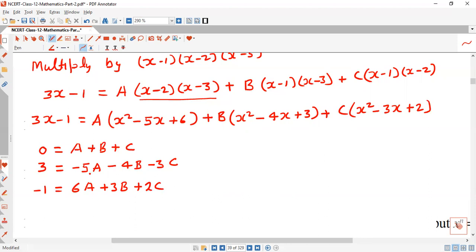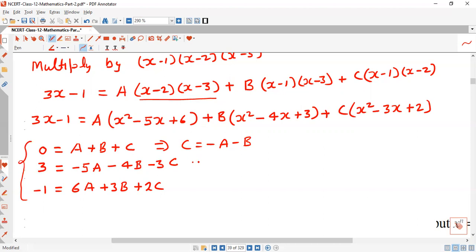So first of all, we have to find out the values of a, b, c. 3 equations and 3 unknowns. These 3 equations are here and 3 unknowns a, b, c. So let's see how we can solve this one. Put the value from the first equation into the second one, which gives the value of c, so we get an equation in terms of a and b. In the second equation, we put the value of c. You can say here c equal to minus a minus b.